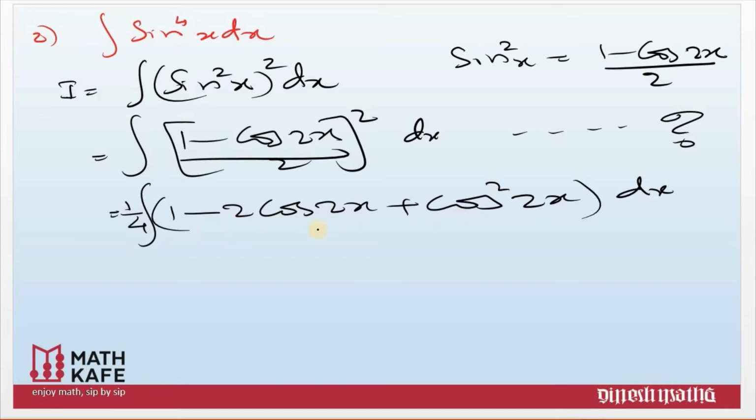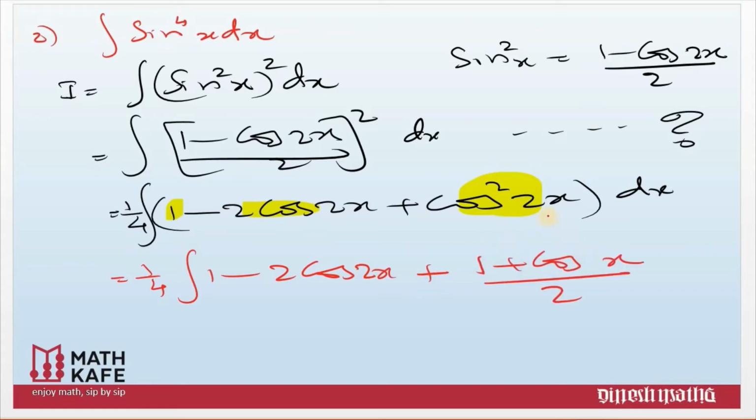From here you can integrate the first term and the second term. But see, here again you have a cos square. This term you can't integrate, and you have to use the identity again for cos square 2x. The basic logic is that the whole integration process will work whenever the terms are free from powers. Now we use the cos square x formula, 1 plus cos 2x by 2, but here there is already a 2x, so this will become 1 plus cos 4x by 2 dx.